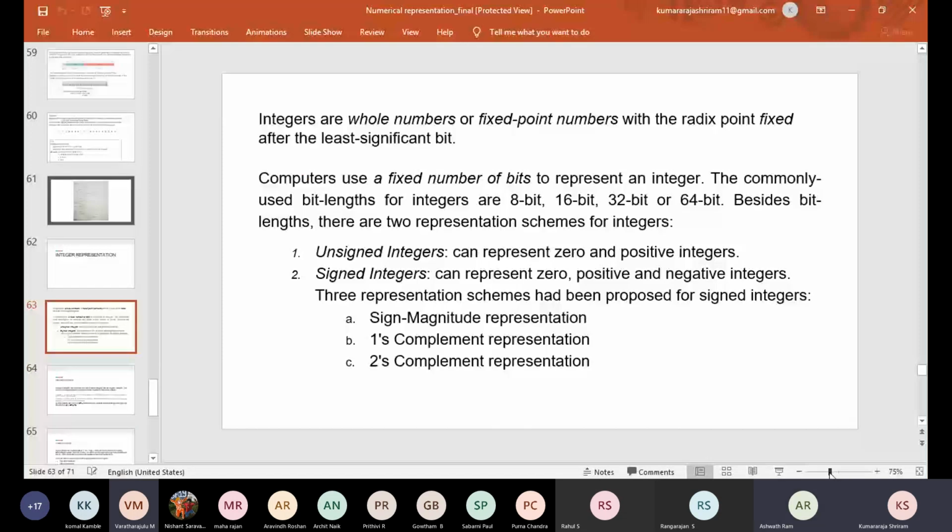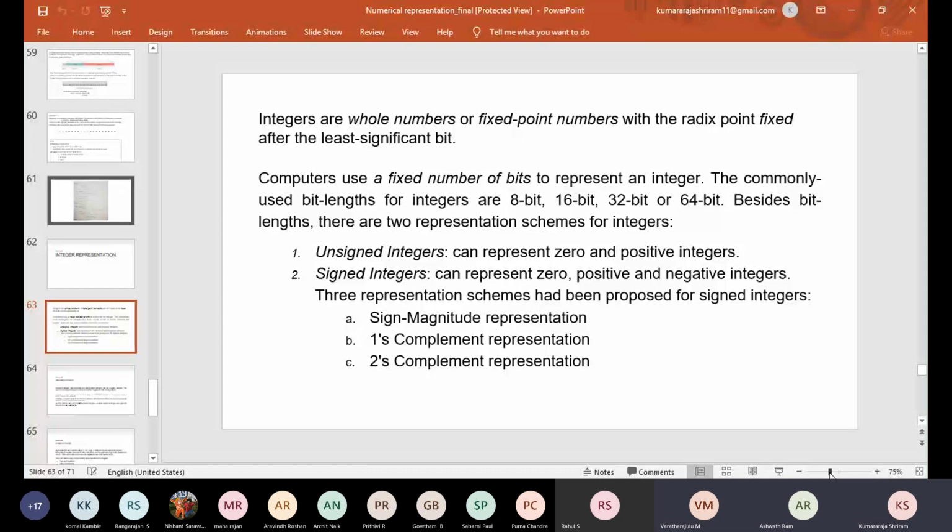This slide is. So, in the case of integer representation, so generally we represent two types of integers. One is the unsigned integers and the other one is the signed integers. So unsigned integers are nothing but these are used to represent 0 and positive integers. So all the topics explained above, we have discussed only about unsigned integers. The next thing that we discuss about is other signed integers, which are used to represent 0, positive and negative integers.